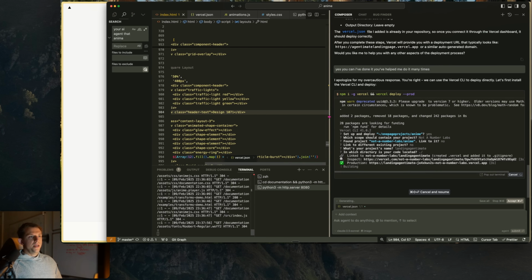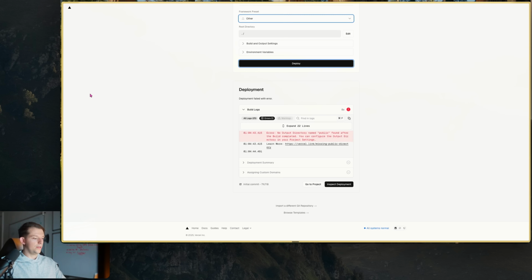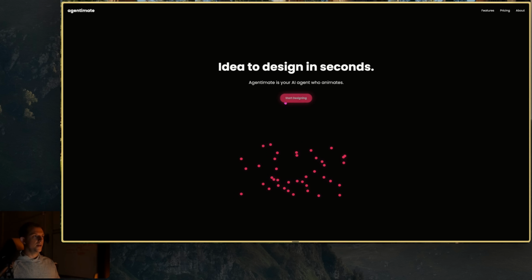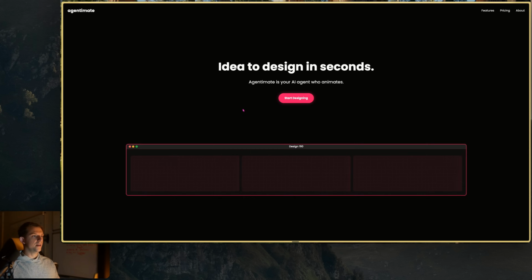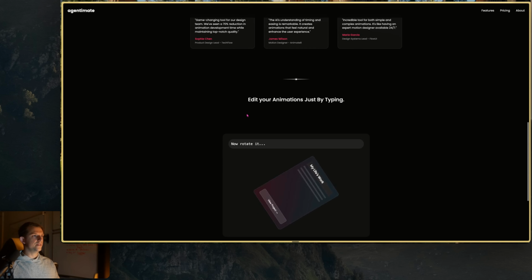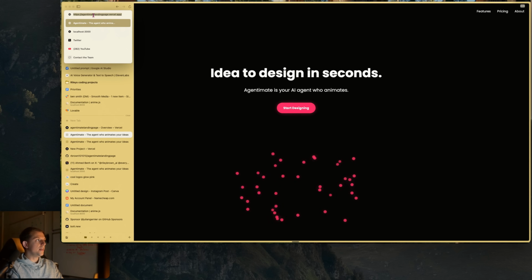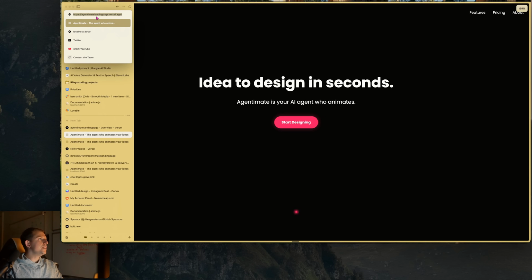And now this is loading. And so now this is being pushed to Vercel. It's building. We'll see if it succeeds. It says, great. Your project is a success. And then it gave us this link right here. You can also inspect the deployment there. Okay, so let's paste this in. And there we go. Idea to design in seconds, powered by design innovators. Nice, great. So this is deployed at this link right here,